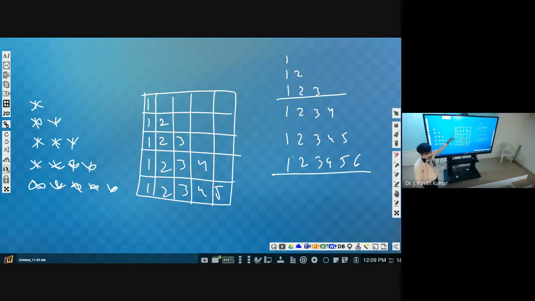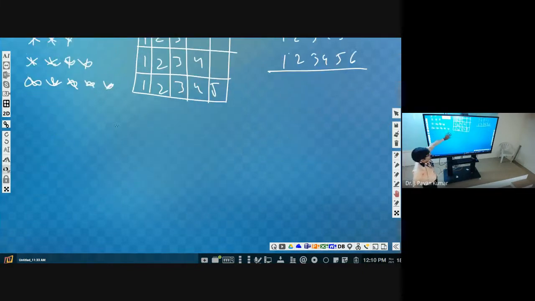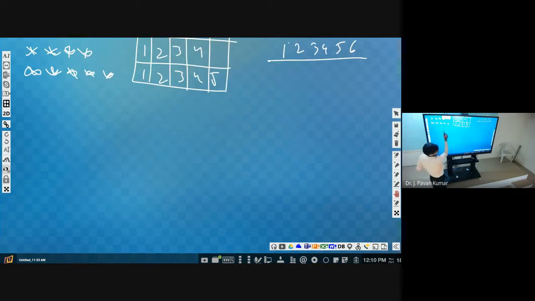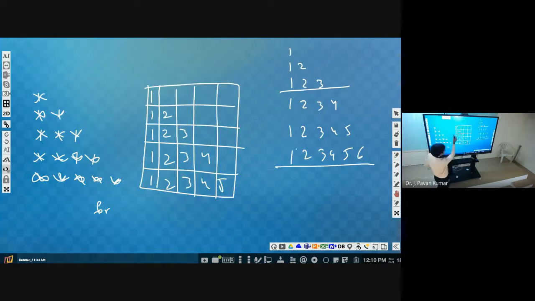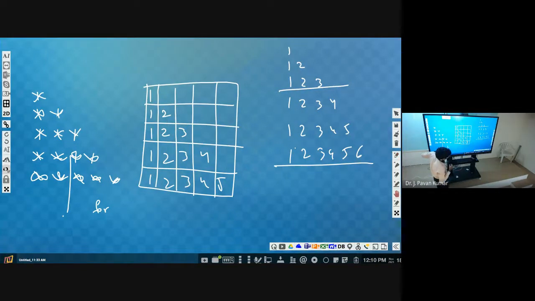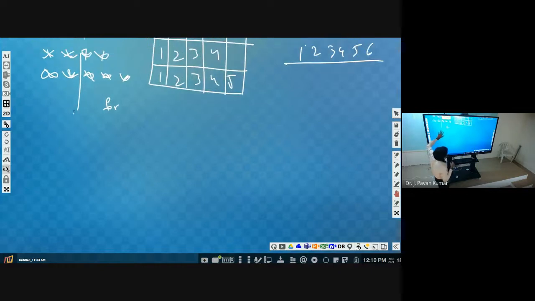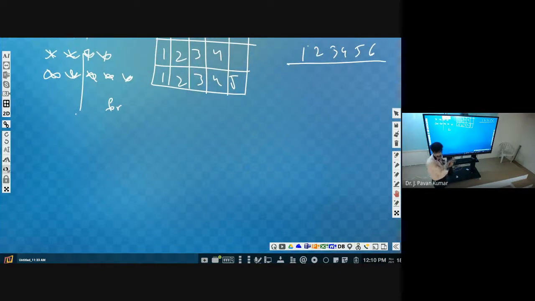How many rows we are having? 5 rows. That is a known thing. We can consider I as the row, and column as j. So I value starts from 1, because the first row you consider as 1.